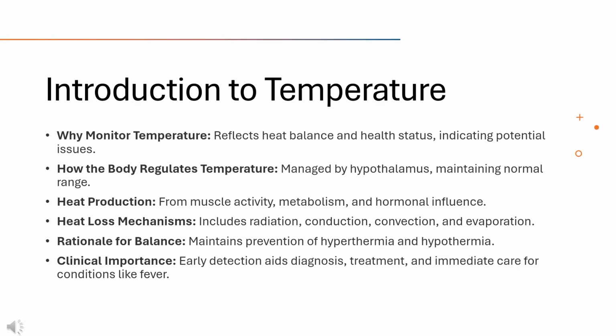Today, we're going to focus on body temperature, which is one of the essential vital signs that we monitor. Keeping track of temperature is crucial because it provides us with valuable insights into a person's metabolic and physiological health. Understanding how to measure and interpret temperature can help us detect potential health issues early on and manage ongoing health conditions more effectively. As future nurses, you'll find that this knowledge plays a critical role in assessing patient wellness and